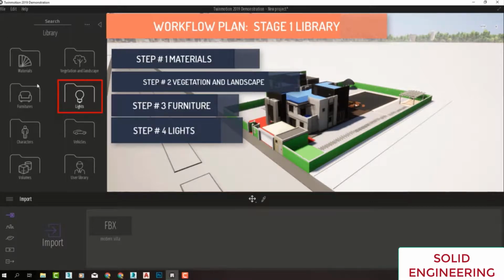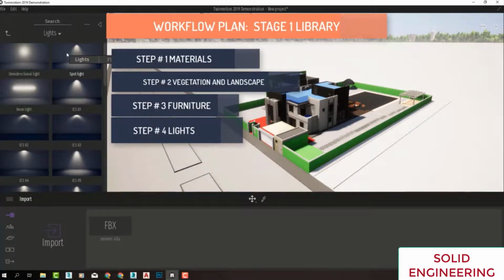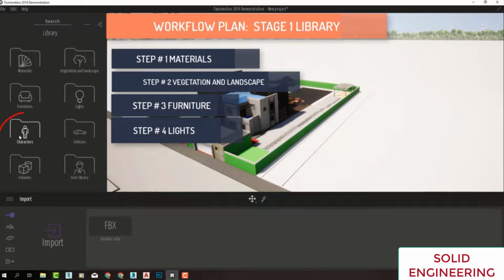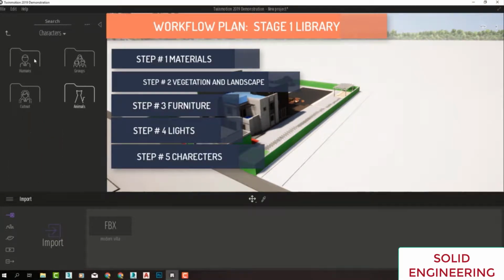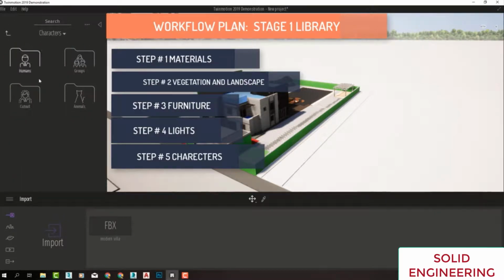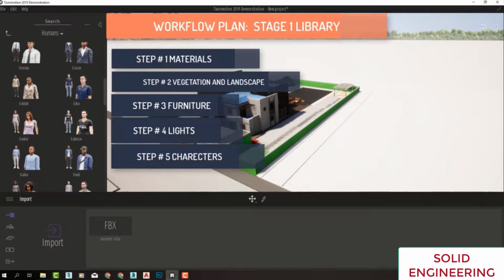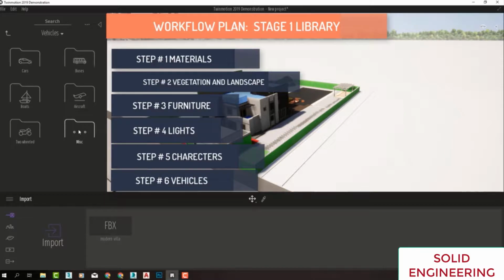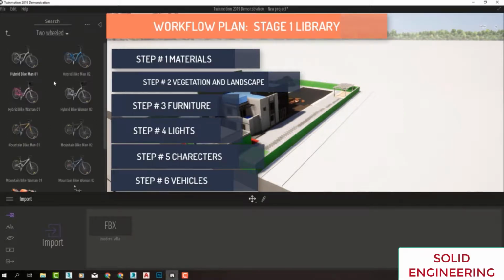And then we have lights. It is optional if we want to make night shots and animations. We will get into that at the end, but we will finish our project's day shots first. And then we have characters, whether it's humans, animals, or groups. We have tons of pre-animated characters that are ready to give life to our scene. We also have vehicles, cars, boats, bicycles, motorcycles. We will learn how to add them